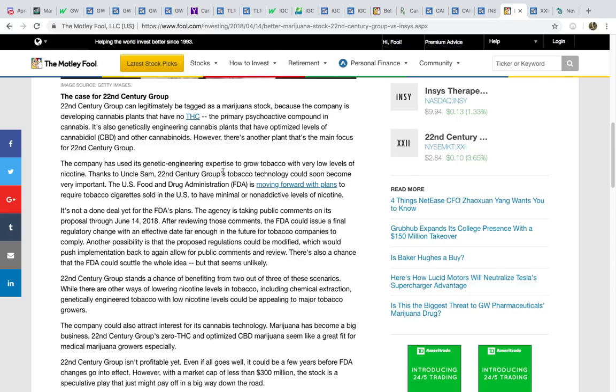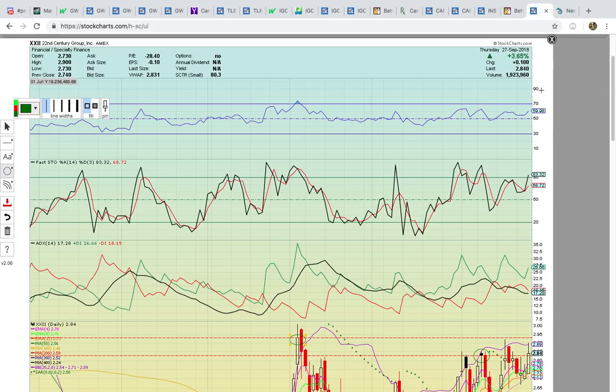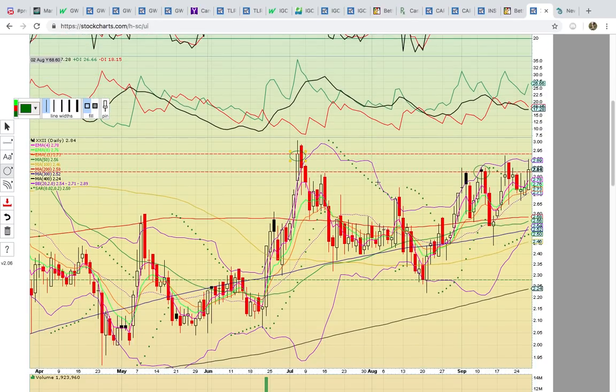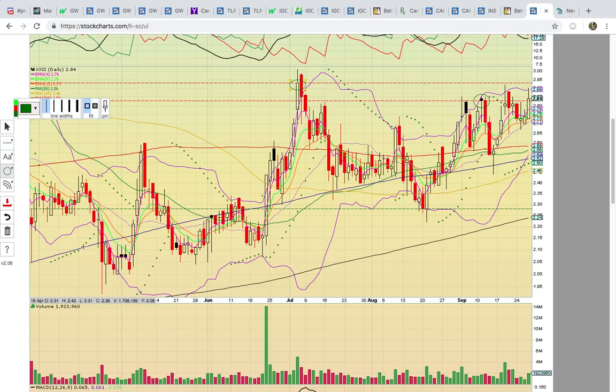And so, yeah, if you're looking here at what else they do, they also grow tobacco. And so their genetic engineering expertise is they're growing with low levels of nicotine. So they're doing the tobacco and the marijuana. It's just interesting. So yeah, keep an eye on XXII here. Even though they have them in the specialty financial, they're really a biotech company. And so yeah, it closed. One of the reasons why I'm showing the chart is because it's in the biotech sector for the marijuana sector,